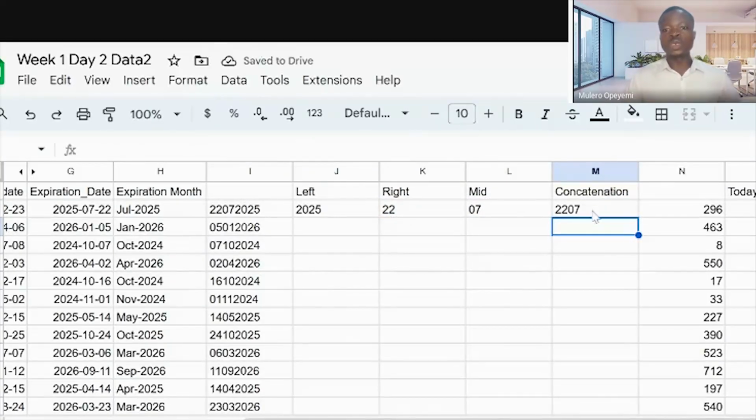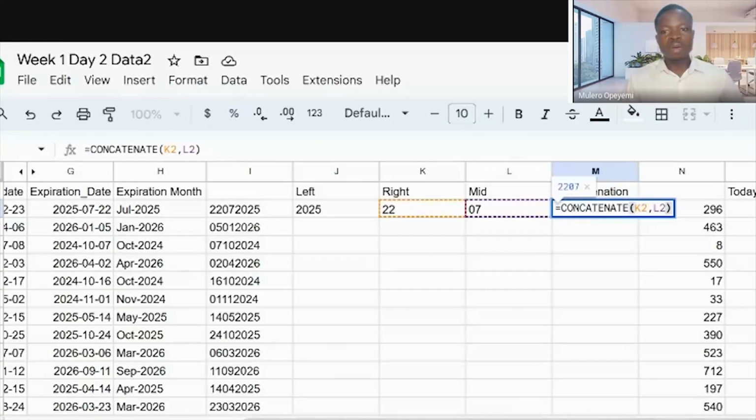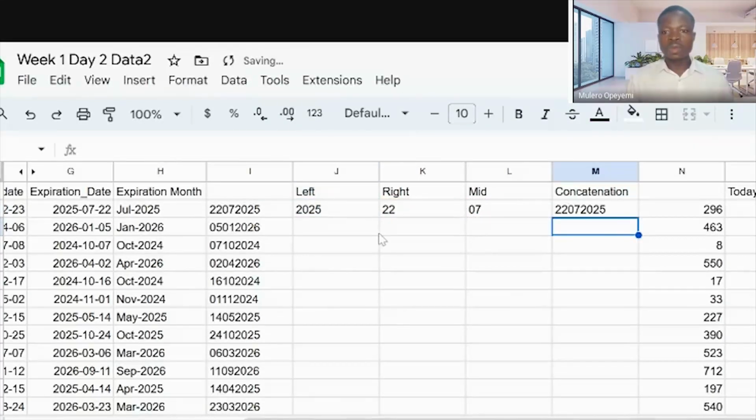Can you see it's 2207? So if I want to concatenate with this one too, I can also say concatenate that, then add this one too, which is the same thing that we arrived at here. So I think that's quite easy.